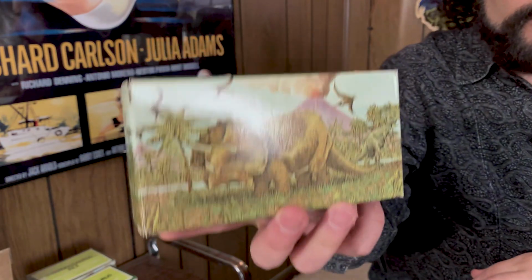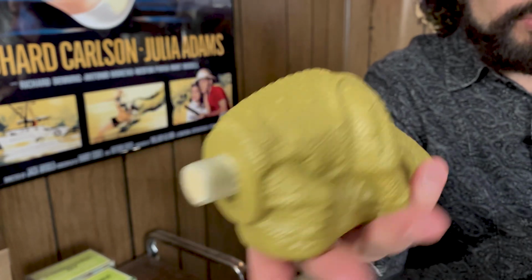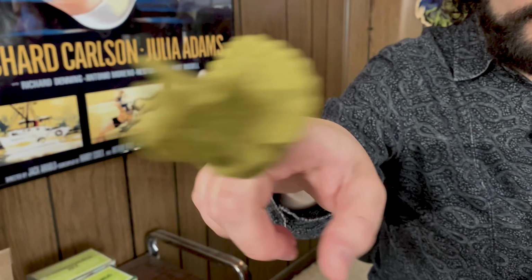Here is the one we can screw around with. Now this one's also unused, even though the box is not mint. The box has some issues. But the toy inside is full of bubble bath liquid, full of soap. Hear that? A little time capsule in there. So this probably has never been on this body. It could be like a little finger puppet. You can make a little...